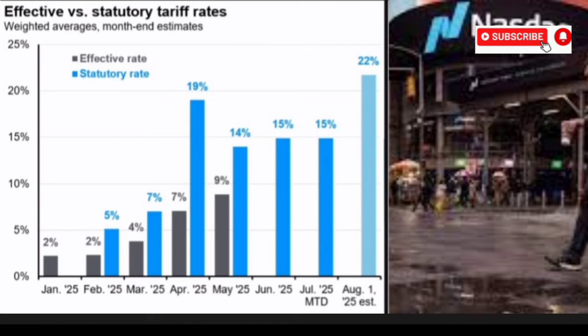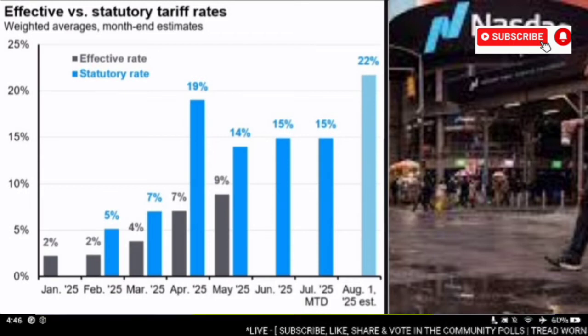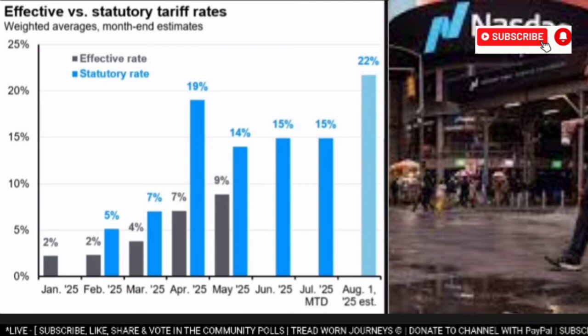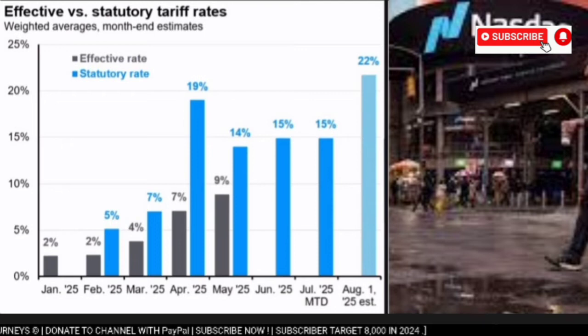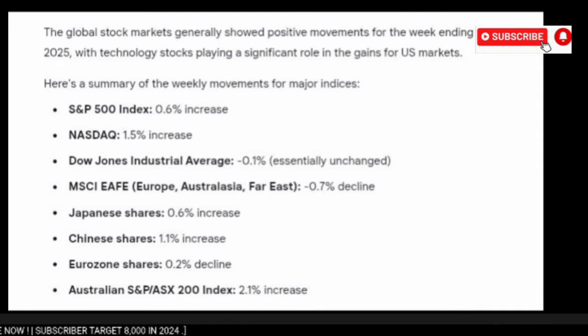Trade diversion. Importers might shift sourcing to countries not subject to tariffs, or reroute goods through third countries, thereby reducing the effective tariff paid on goods that might otherwise be subject to higher statutory rates. Substitution effects. Consumers or businesses might switch to domestically produced goods or imports from other countries, leading to a reduction in the volume of goods subject to the tariff. Pass-through rates. While tariffs are paid by the importer, the actual economic burden can be shared between the importer, exporter, and ultimately the consumer, depending on how much of the tariff cost is passed through to prices.